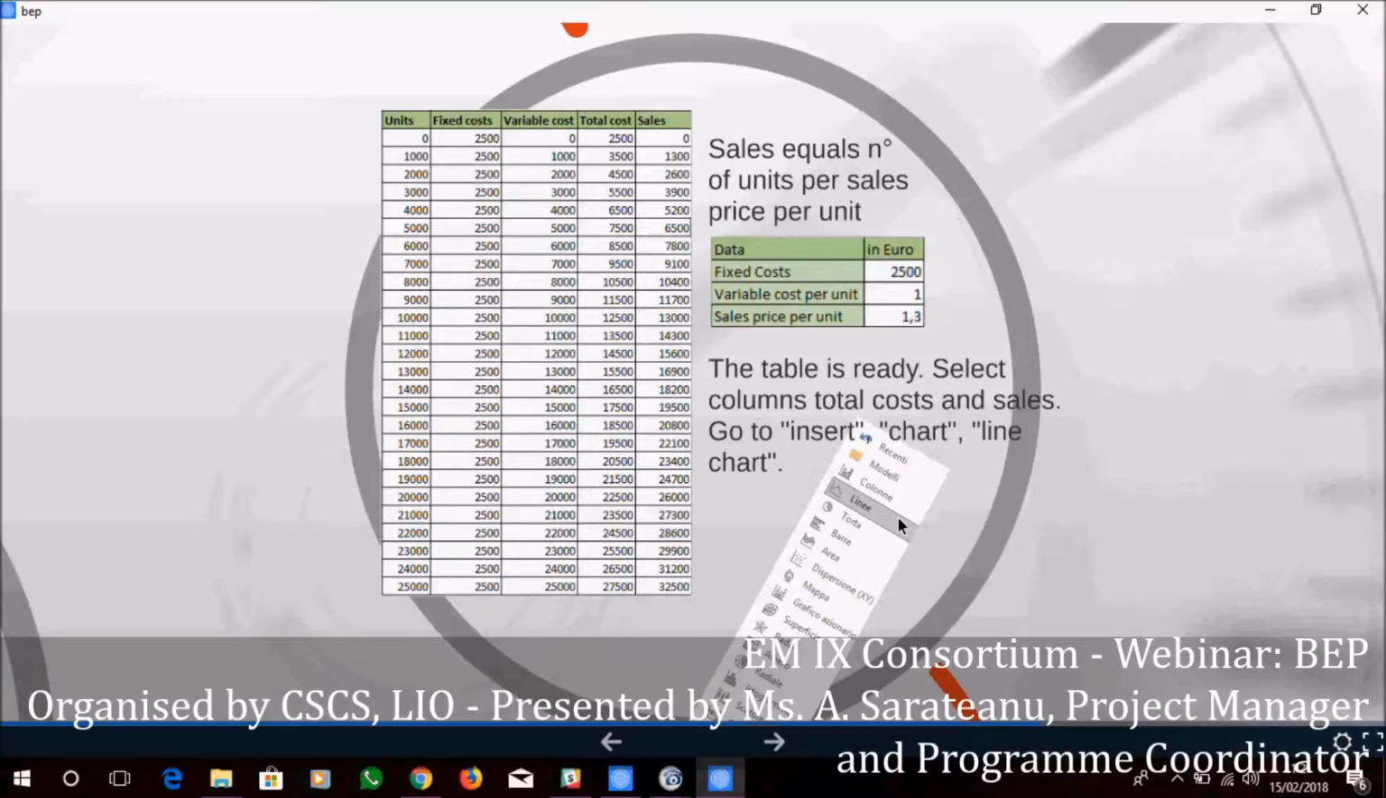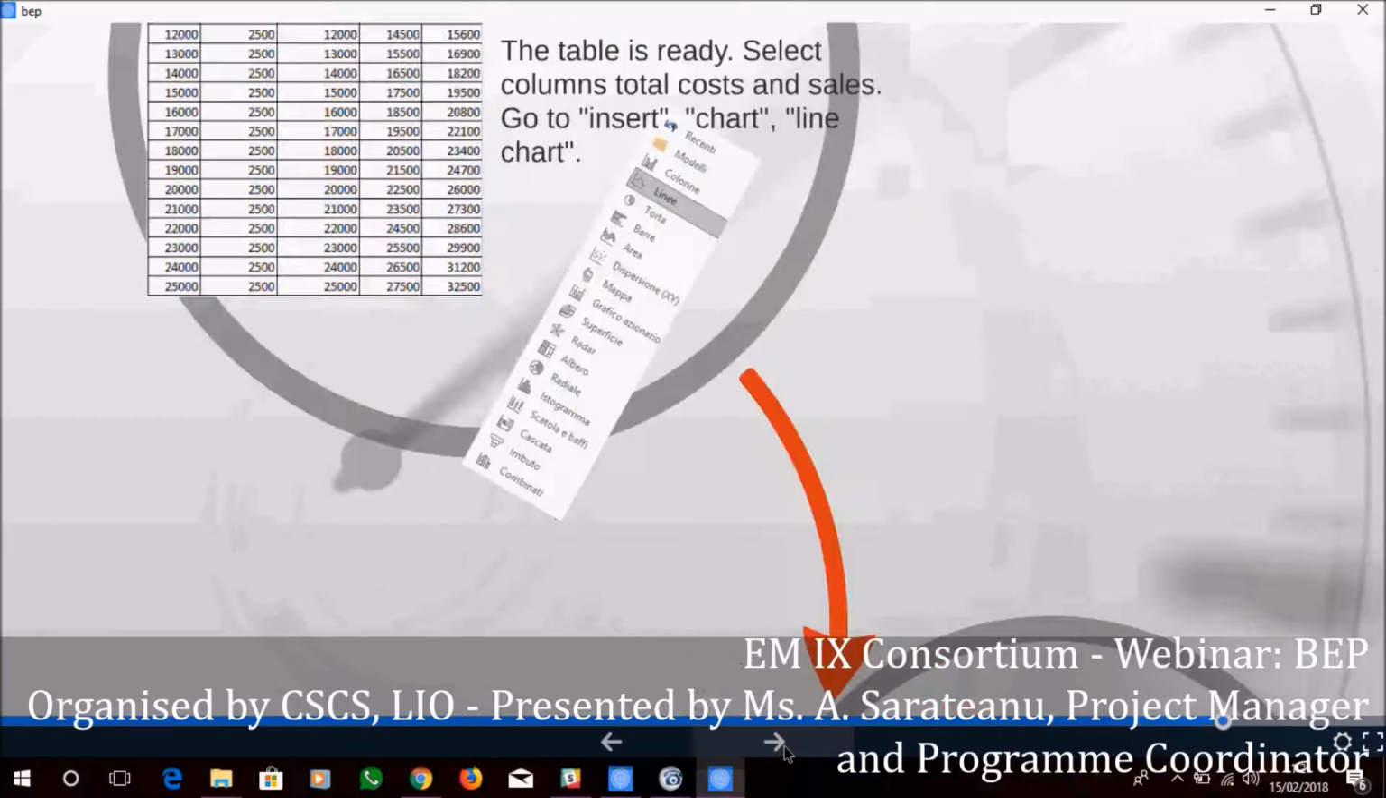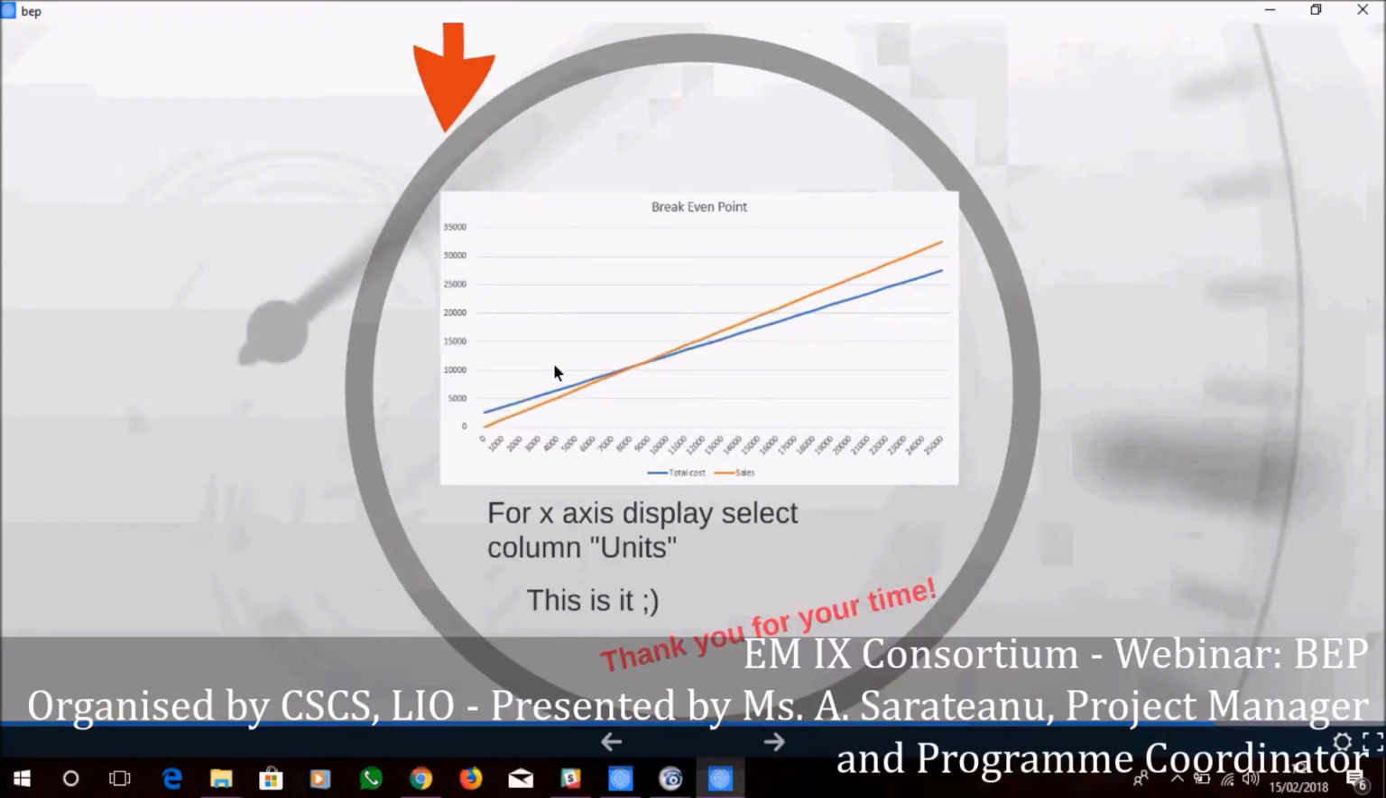Sorry, this is in Italian, but, well, you will see in any language you have the same option. And what you get is this, the break-even point. Ta-da! It has been calculated automatically for you in Excel, so you don't really need to apply the formula to